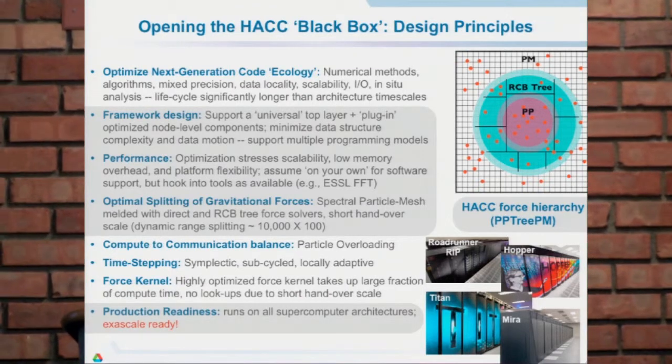The idea was that whenever we switched machines, there would be a short-range force solver that would be machine or architecture dependent, and we should be able to just plug it out and plug in the appropriate one for that particular machine. And this local solver should then be optimized purely at the node level for that particular architecture. You never have to worry about the MPI superstructure itself. So that's basically the idea.